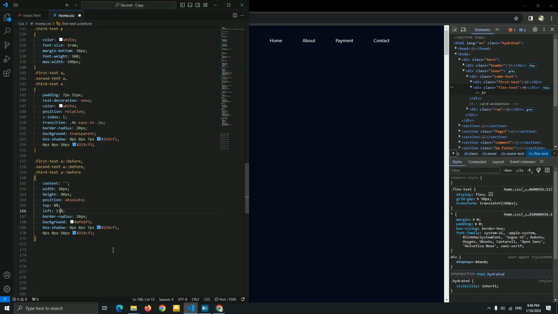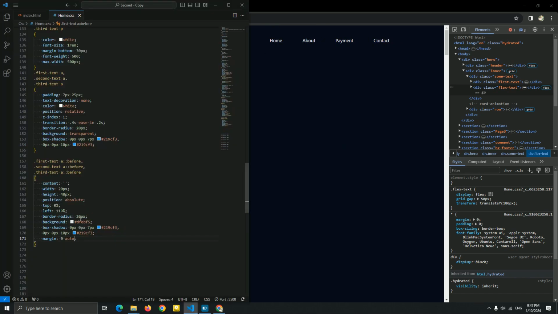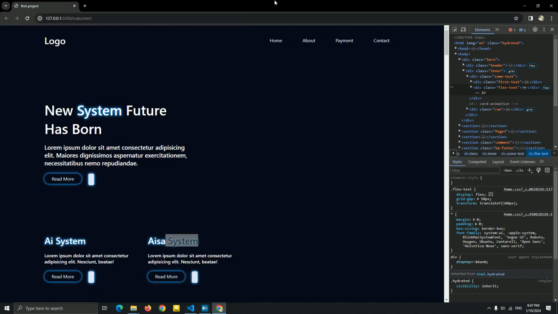Okay, this is good. So I just add the left 190%. Okay, now this is our box shadow, and yeah, I think this is good. And now let me just add the margin 0 auto, just to be a center, and we have a border radius. Let's be 5 pixel. Yeah, this is our card, as you can see it, guys.